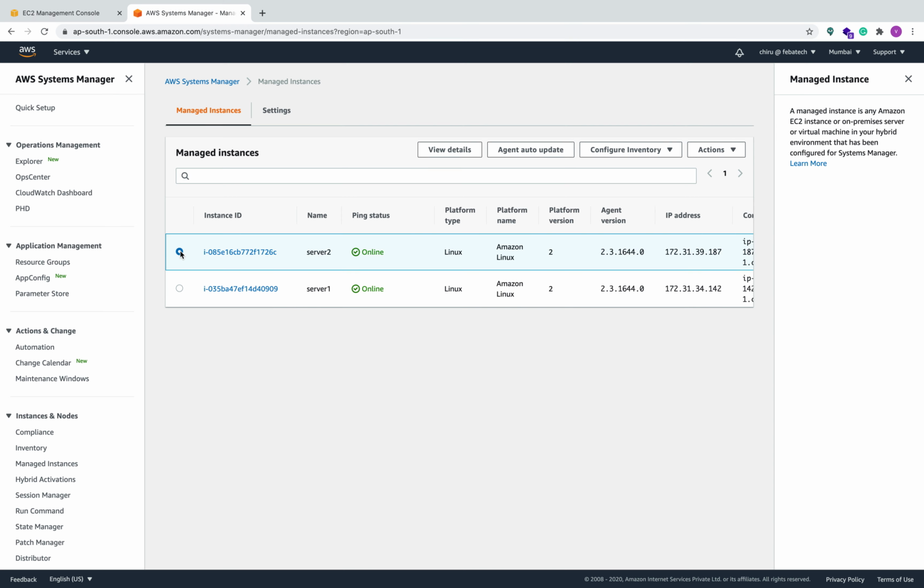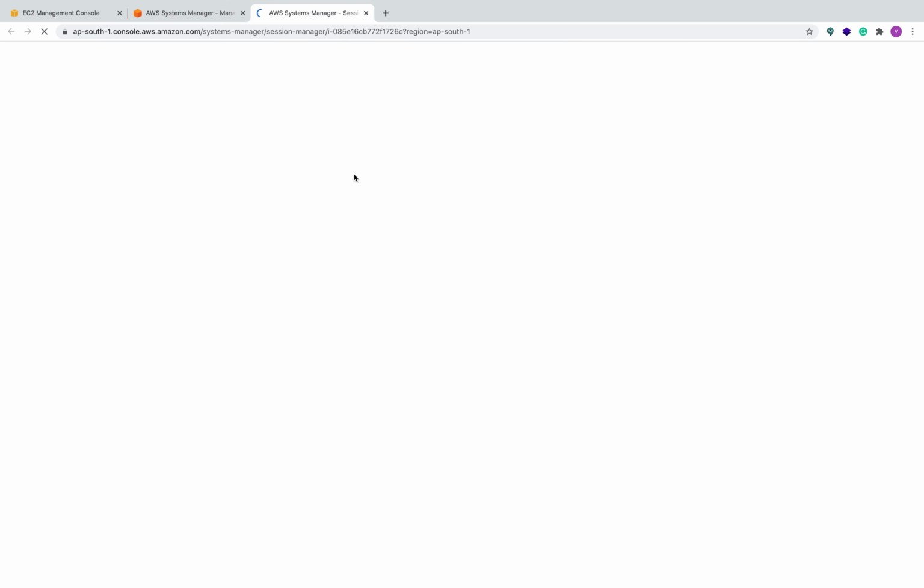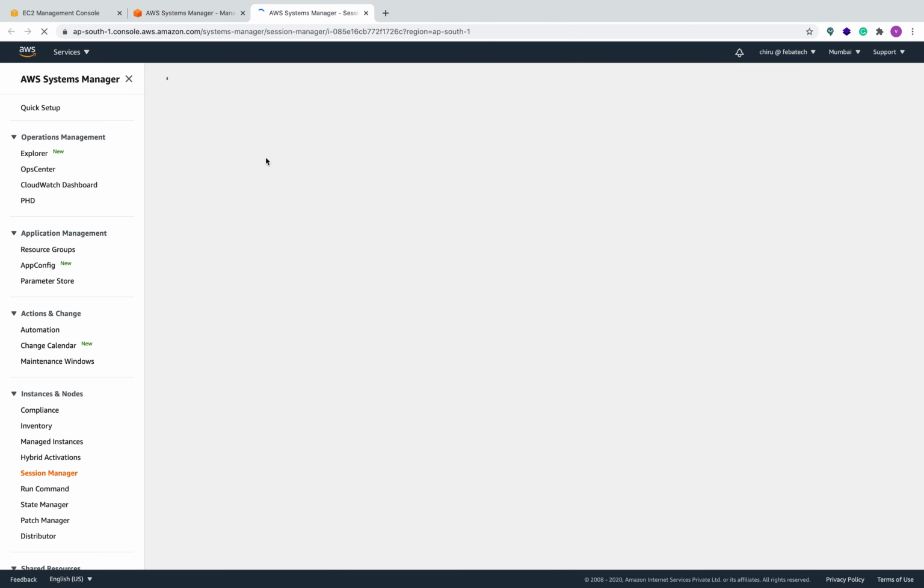So we can check whether we are able to connect to these machines. Click on Start a session. Yes, we can successfully start a session using one of these EC2 instances.